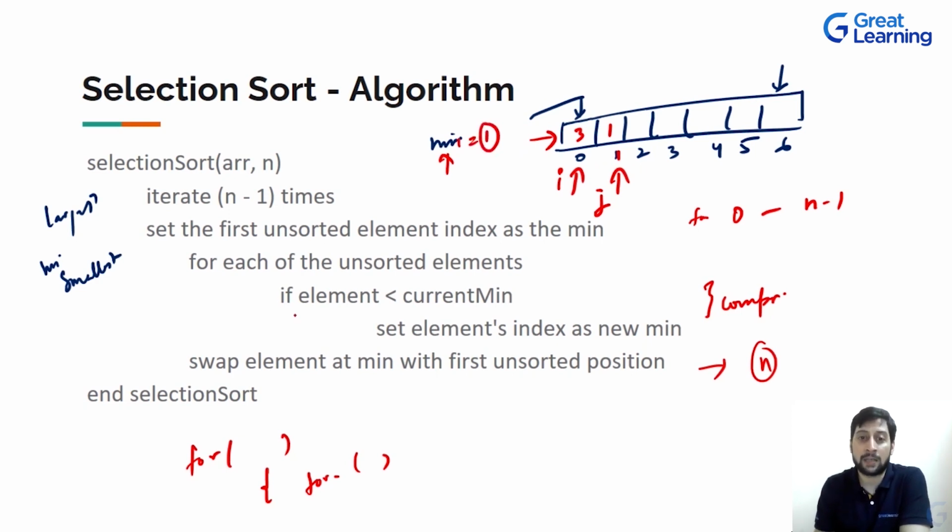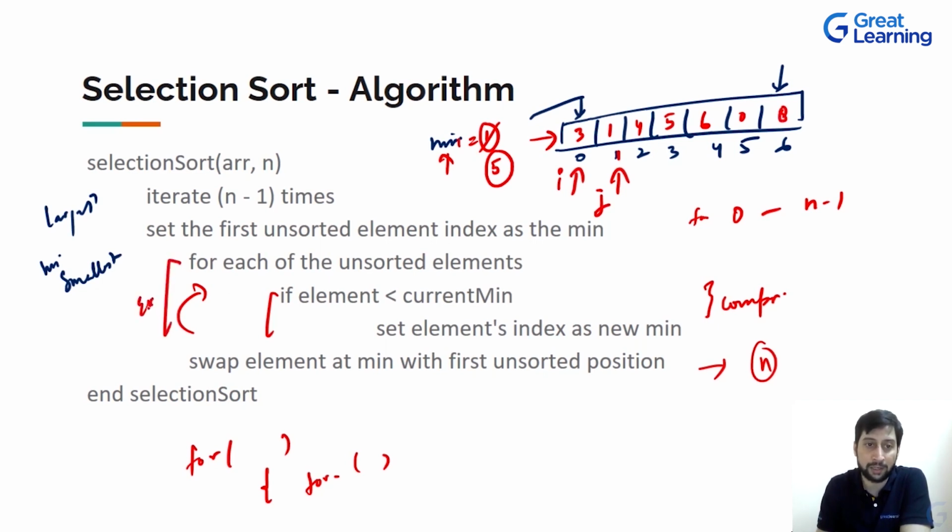Done. Now once this comparison is done, again we will check if 4 is less than 1, no. If 5 is less than 1, no. If 6 is less than 1, no. If 0 is less than 1, yes, 0 is less than 1. That means we are again comparing it, and we are not swapping them. We will wait once this entire iteration is done. So I will update my minimum index to 5, because that is the minimum index. Then let's suppose we have 8. Done. Now once this entire for loop is exhausted,